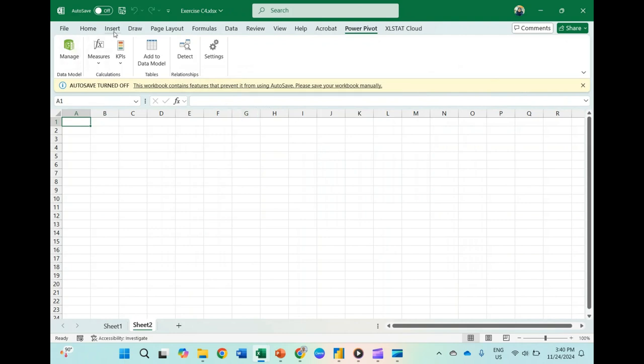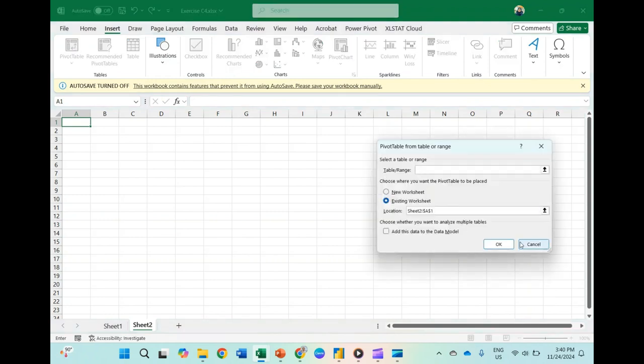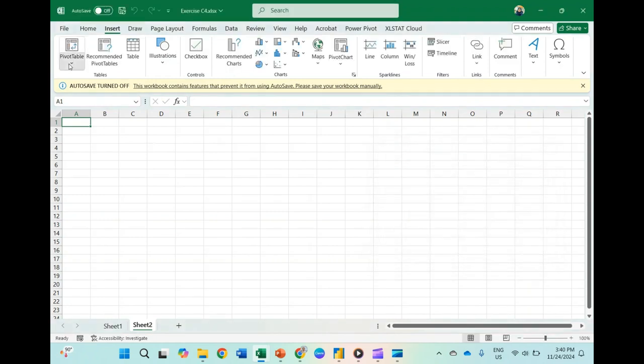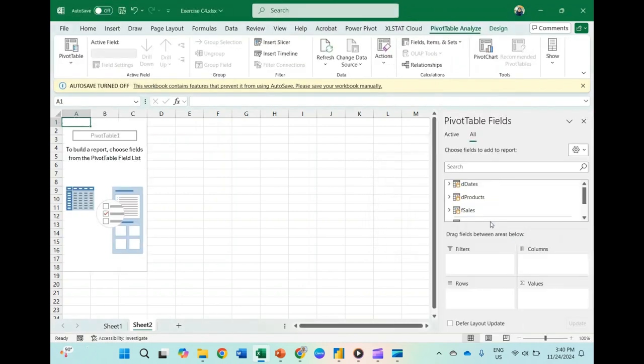Alright, so you can insert a pivot table from the data model. You can see in the sales table, now we already have revenue grand total, revenue continent total, and percent of grand total revenue.